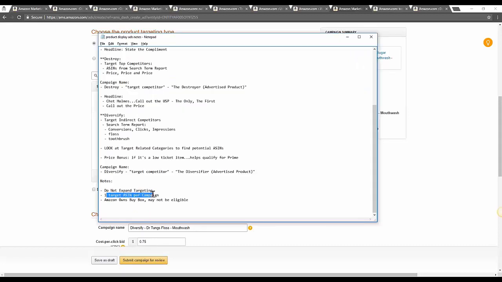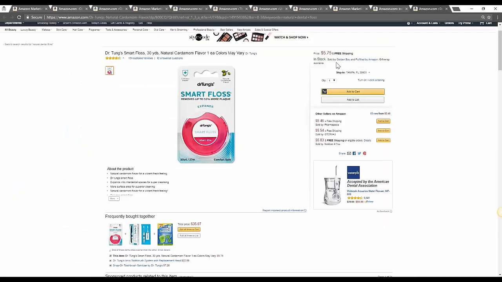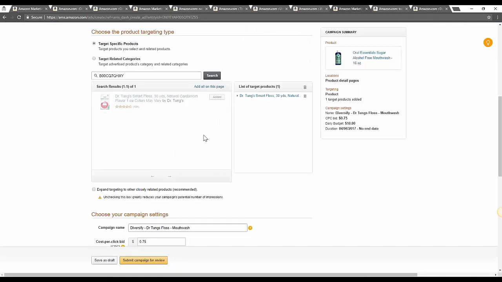So again, one target, one ASIN per campaign. I think I've said it enough. And one thing that we just found out, I'm not sure if this is just coincidence or what, was you can go ahead and start the ads, but if Amazon owns the buy box, and what I mean by that is, most of you probably know, but if it says shipped and sold by Amazon, we have seen